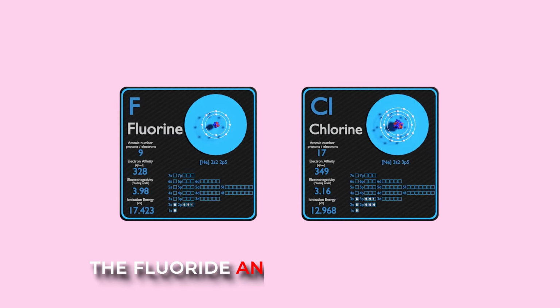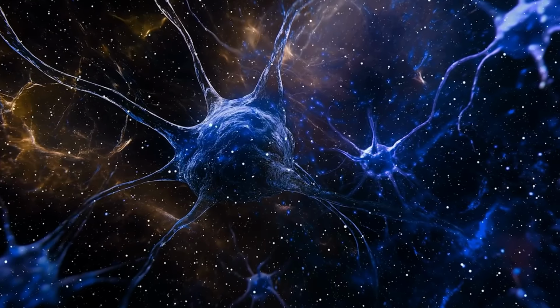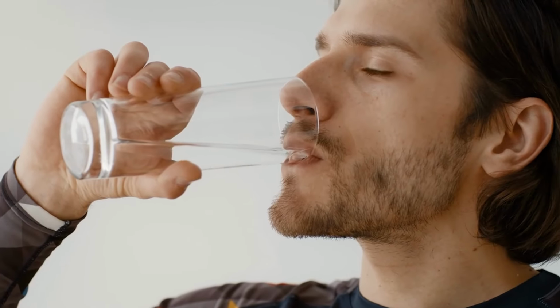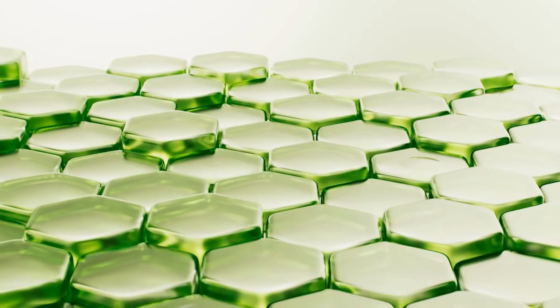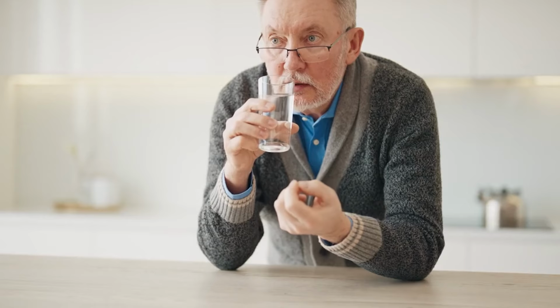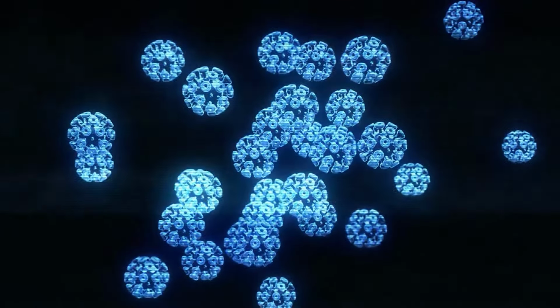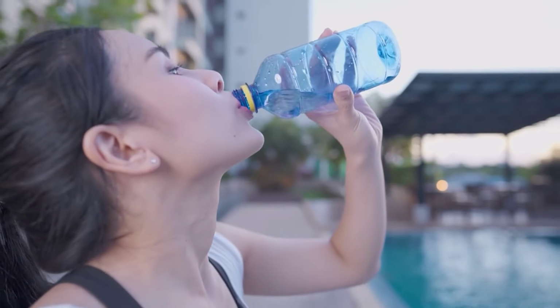The fluoride and chlorine problem. Fluoride and chlorine are halogens, just like iodine. They compete for the same receptors in your thyroid. When you drink fluoridated water and shower in chlorinated water, these chemicals displace iodine in your thyroid. Your thyroid tries to use fluoride and chlorine instead of iodine. This doesn't work. Hormone production decreases. Additionally, fluoride and chlorine damage gut bacteria. They're antimicrobial agents. The chlorine in your drinking water is killing beneficial bacteria